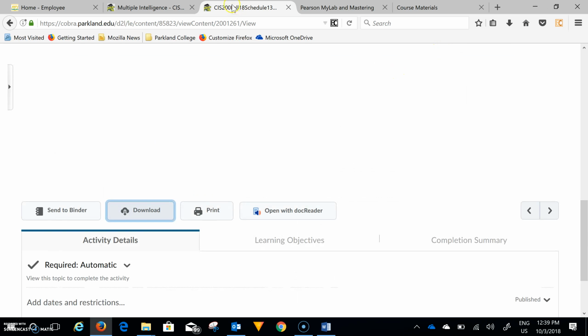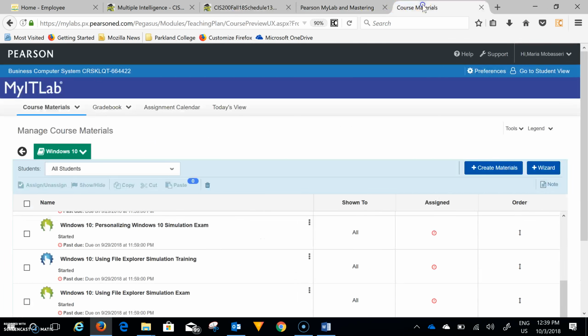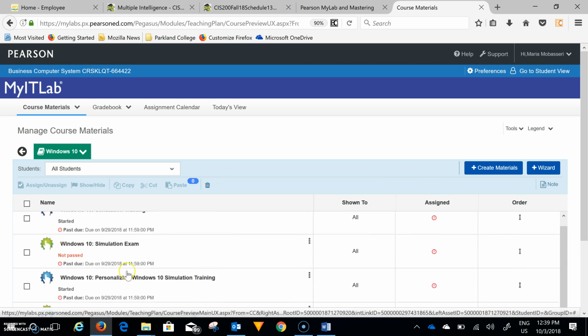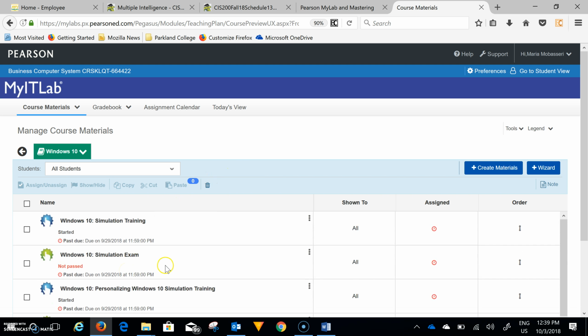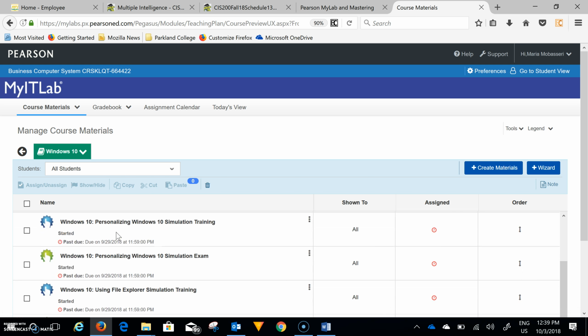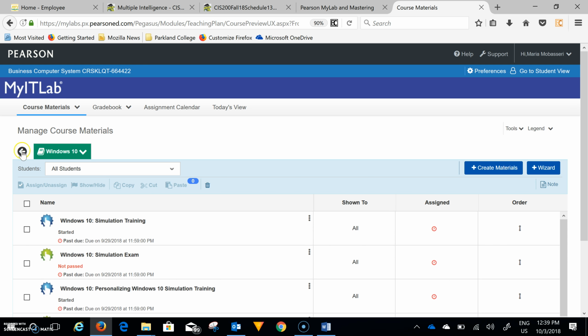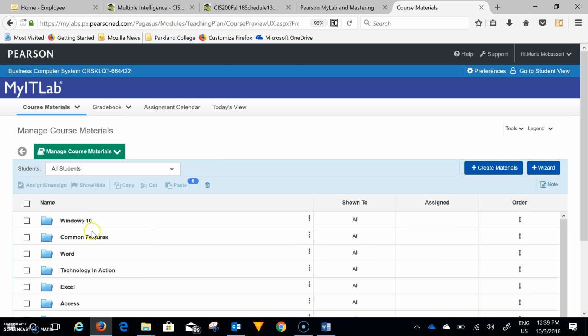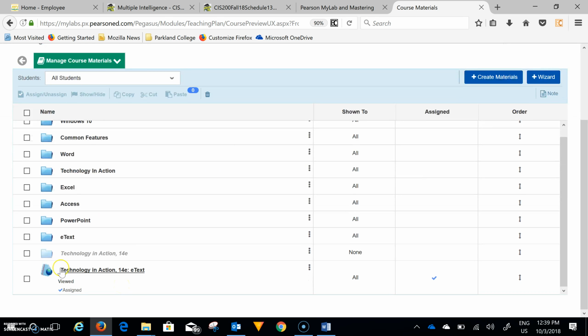Now, the question is, what do you study? How do you study for these? Well, part of the way this whole course is set up is you learn by doing. So these simulations, you go through them and you learn as you go through them. But also, if you want to prepare, you should be able to go to your ebook, which also is in here, and open up your ebook or open up the hard copy book if you have it and read this stuff. So here's the e-text,